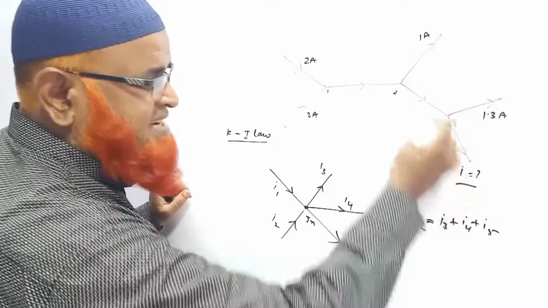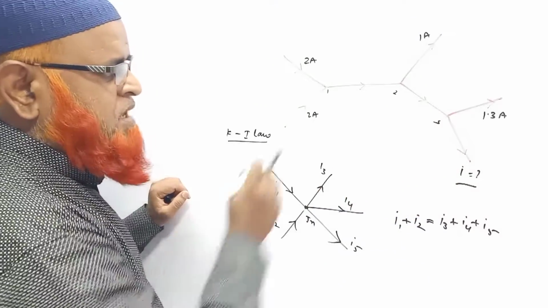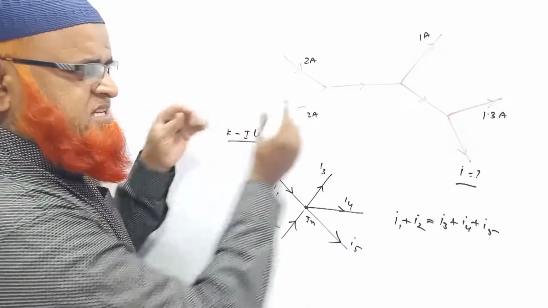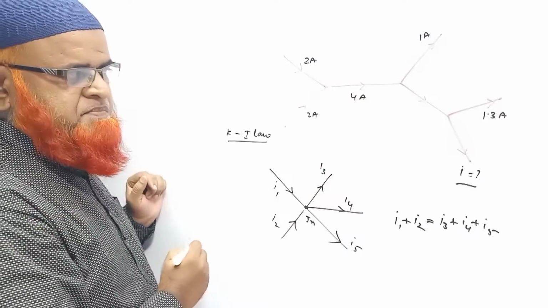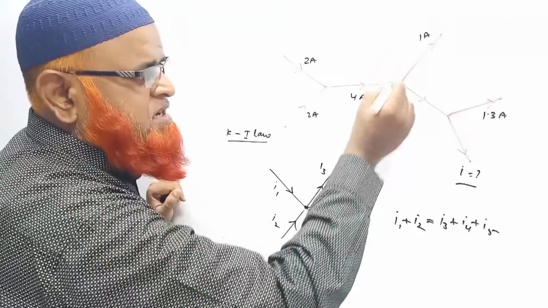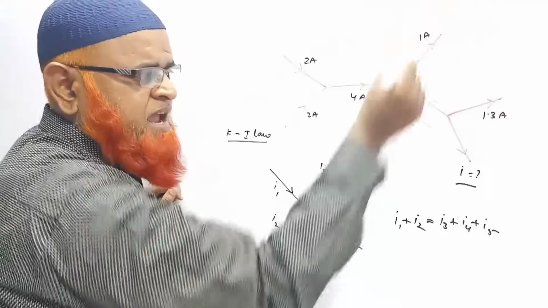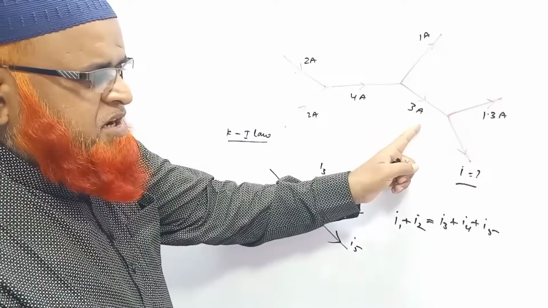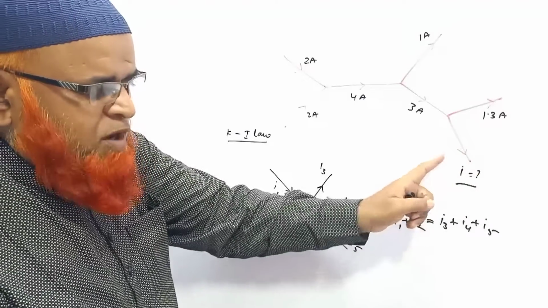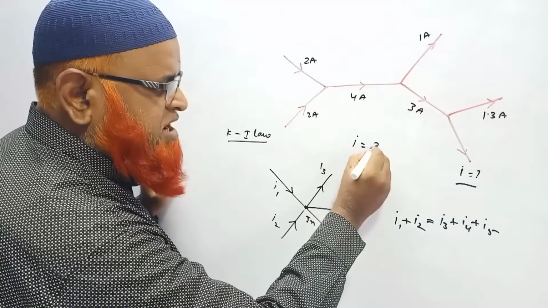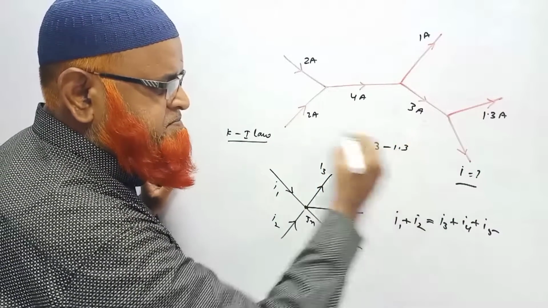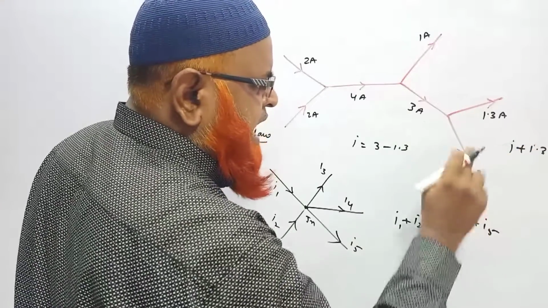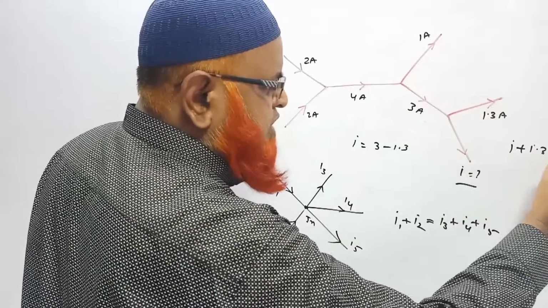He is asking us to find out what is the current coming out through this wire. First, second and third junction. 2 amperes meet, it is going to become 4 amperes. Among these 4 amperes, 1 ampere is moving away, then what is left out? 3 amperes is left. And this 3 amperes is divided into 1.3 and I. What is this I then? So I is going to become 3 minus 1.3, isn't it? Why is it so? Because I plus 1.3 is going to be 3 amperes.